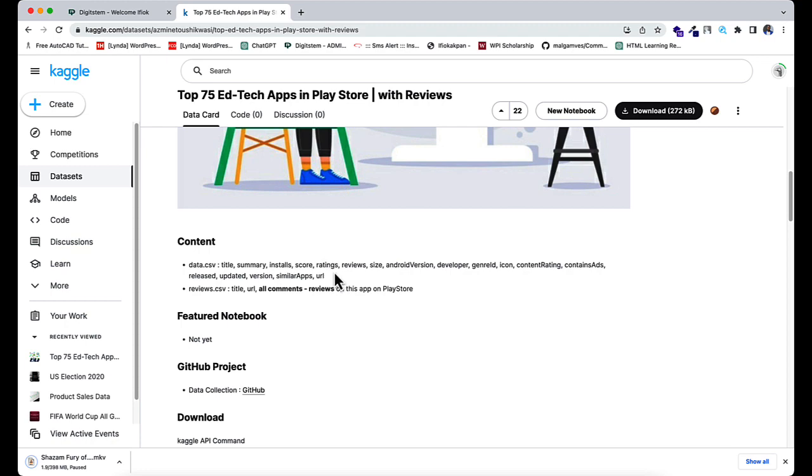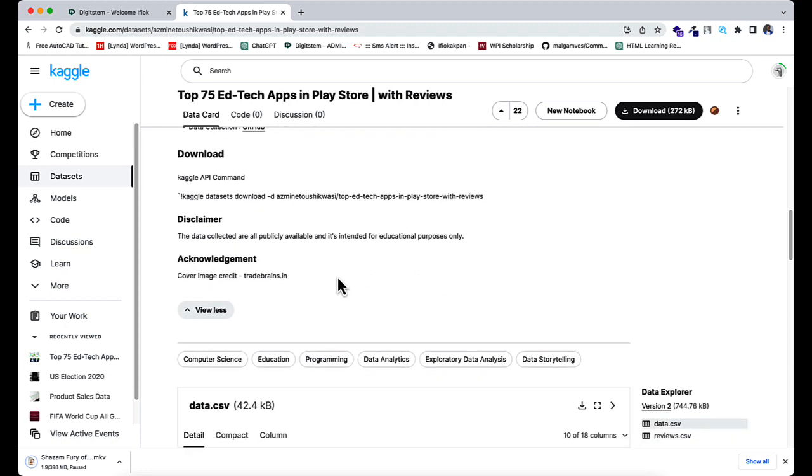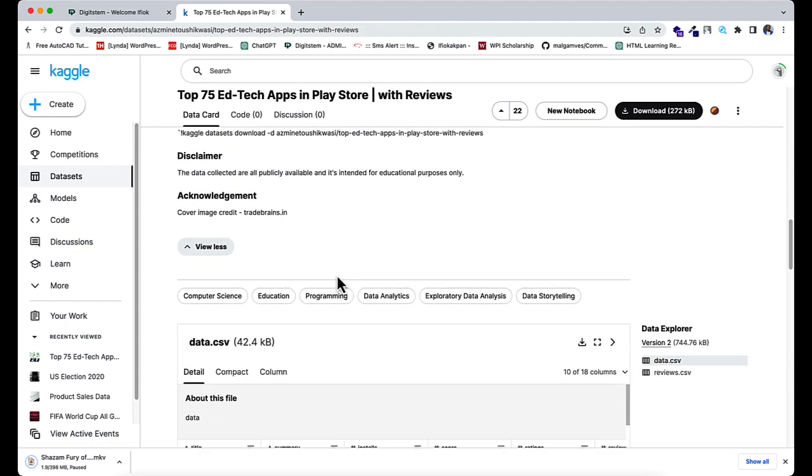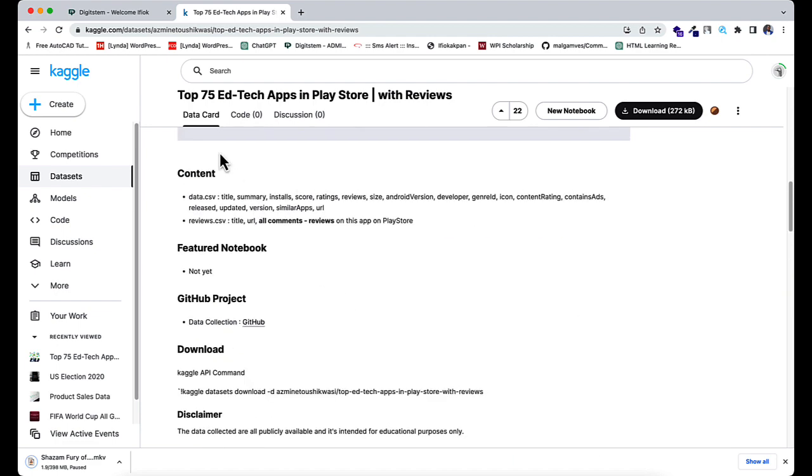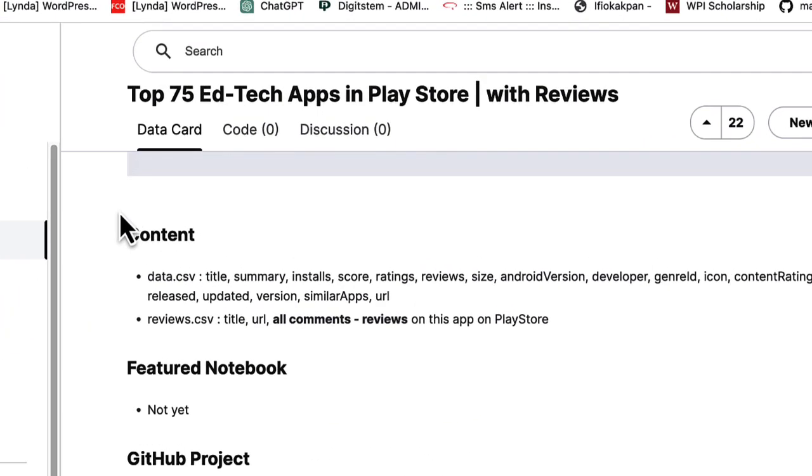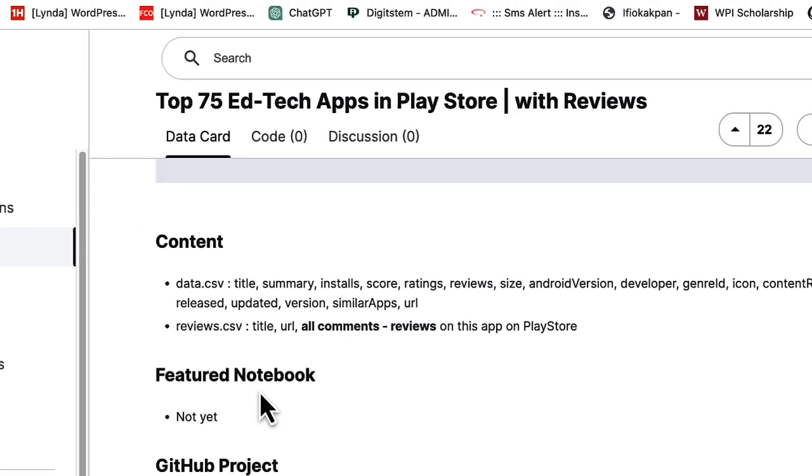I'll be taking you through the downloading of our dataset. Now we are going to download our dataset, which is going to come in the form of a CSV format, comma separated value format, and this is a dataset that we'll be using ChatGPT to analyze. So we are going to use this open source repository, which is called Kaggle. Kaggle is a platform which allows us to download datasets for free,